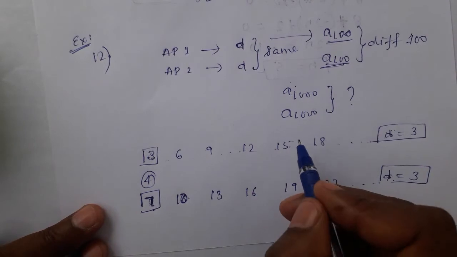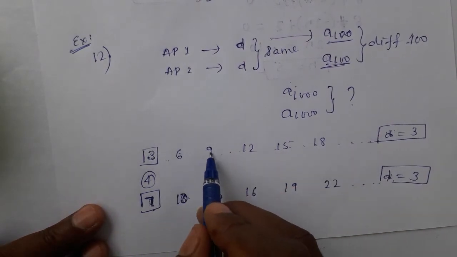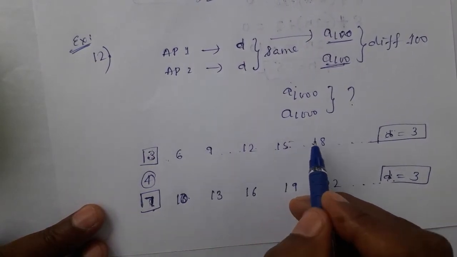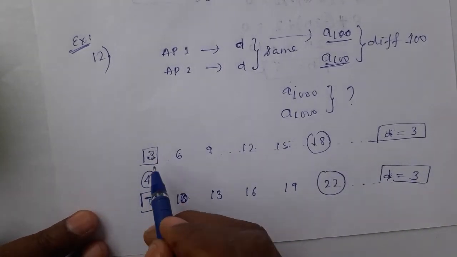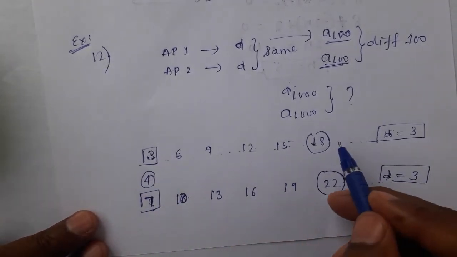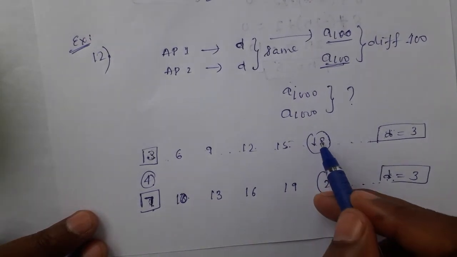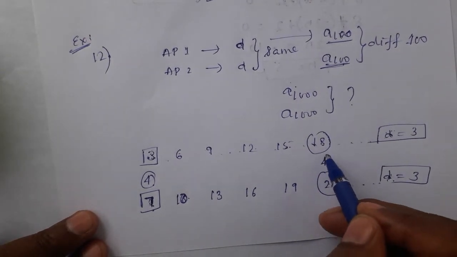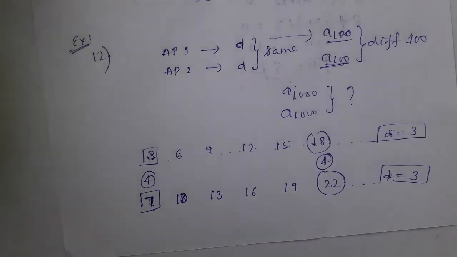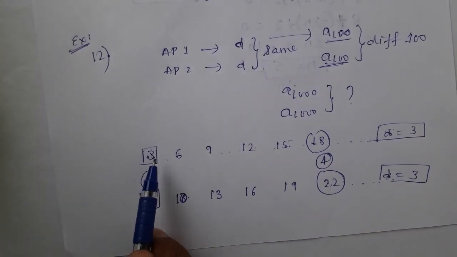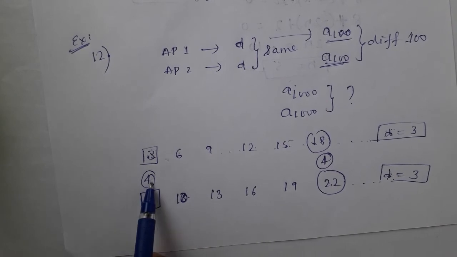What is the difference between 1, 2, 3, 4, 5, 6? What is the difference between their sixth term? Check it. They are having 4 difference in the first. What difference do they have in the sixth position? 18 and 24, the difference is what? 4 only. So this simple example tells you that the difference between the first term is 4, the